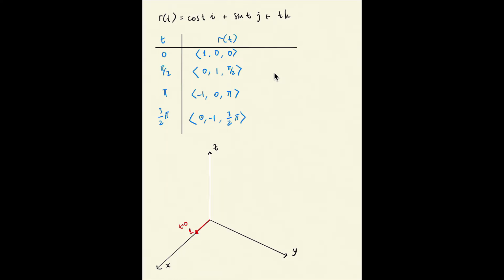Okay, and then when t is equal to pi over 2, we'll start from x is 0, y is 1, maybe here 1 is here, but the z is pi over 2, maybe going up a little bit, going higher a little bit. Okay. So here is t equal pi over 2,